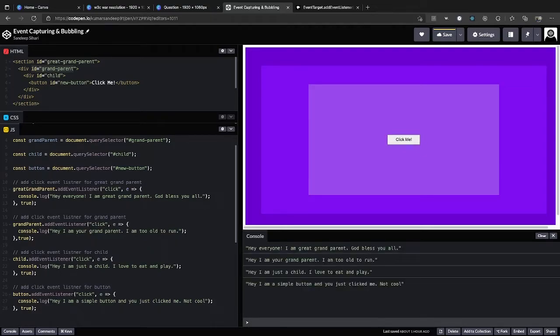You see this message, hey everyone, I am a great grandparent, God bless you all, printed first for the outermost element. Then the second message is on the grandparent div, then the child, and at last the button element, which is the target element. The point to remember is that bubbling is from bottom to top and capturing is top to bottom.